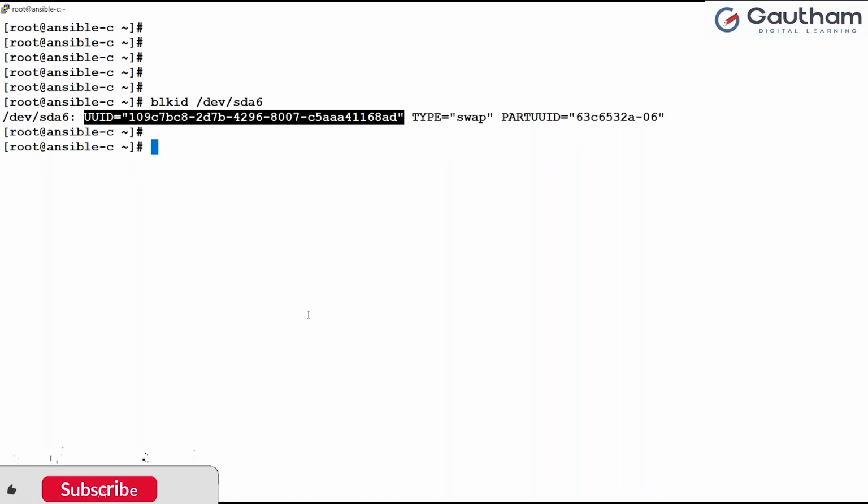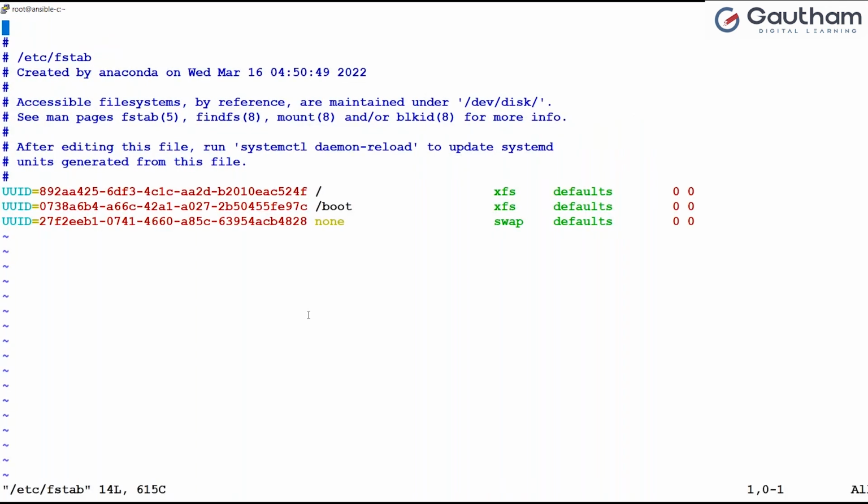Anyway, now I'll go to /etc/fstab. To open the fstab in VI editor, I'll press Shift G to go to the last line. Then I'll open a new line over here. I'll say O and let me paste it. Then